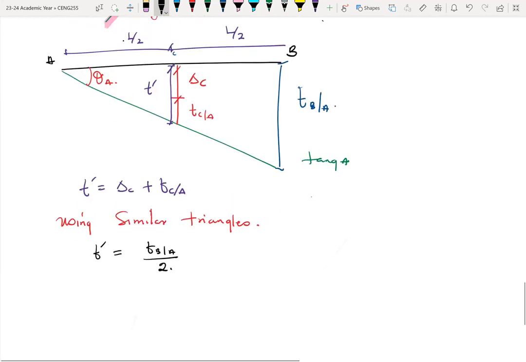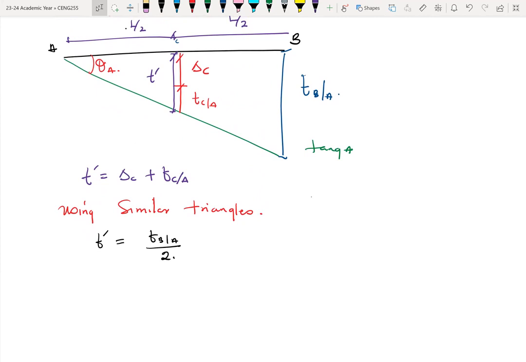Which means that if we want to find delta C, delta C will be equal to T prime minus TCA. Okay. Where T prime is TBA over 2, minus TCA. Okay. So we can find TBA, we can find TCA, and once we're able to solve for these two parameters, then it means that we can find